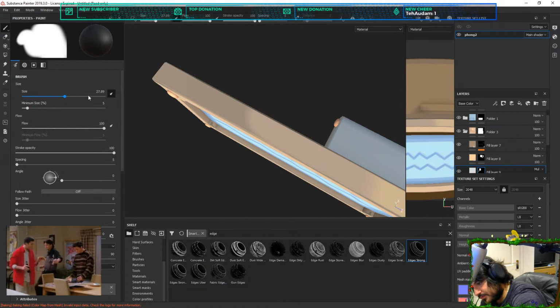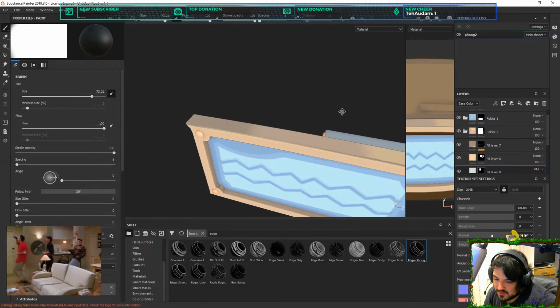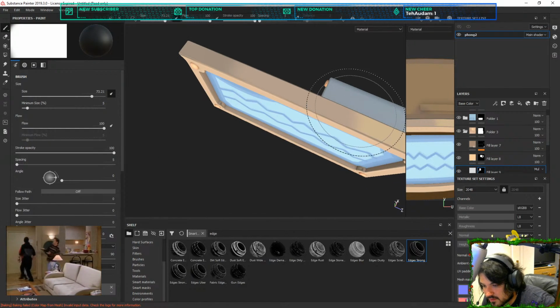Bigger brush. Like that, so we get the fade between the two at the top.